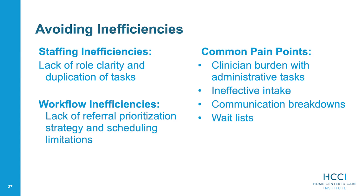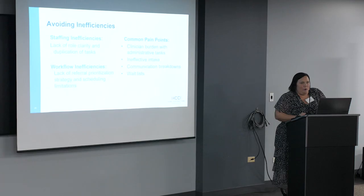Referral prioritization, we spoke about that. Common pain points, clinician burden with administrative tasks. I think we're getting better at it as home care providing groups with that support from the office staff, but then we don't want to burden the office staff as well. An effective intake, huge. Talked about the address,